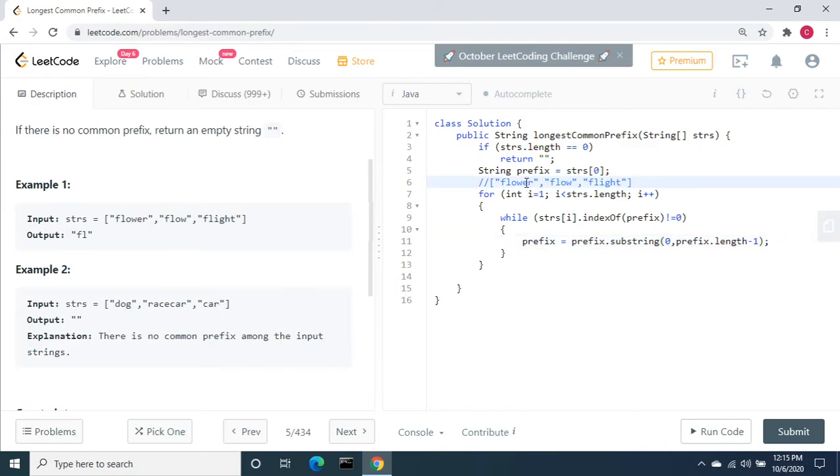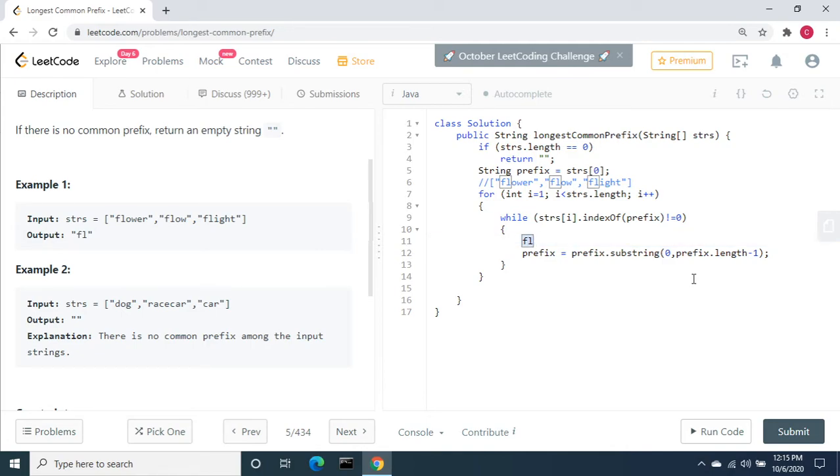So this time we will have "flowe" as the prefix, not "flower". Next time the loop comes, it still will not match with "flight", so it is going to remove the next character, which is E. Then it will remove the next one, and the next, since the index of prefix is still not equal to 0.